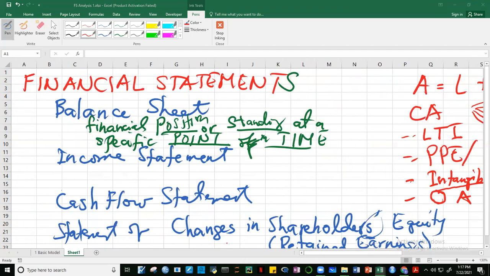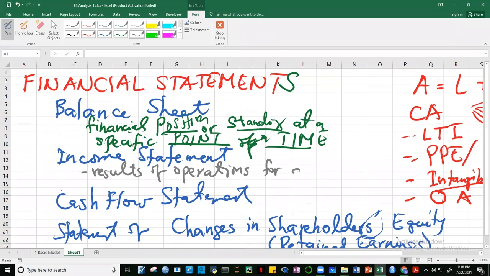Ay, hindi pa tayo tapos. Balance sheet pa lang 'yun. Income statement naman, ano yung pinapakita sa atin ng income statement? It tells us of the results of operations, no? Results of operations